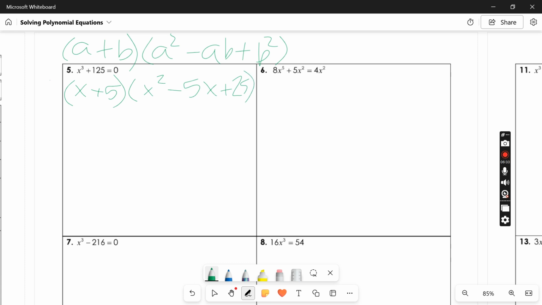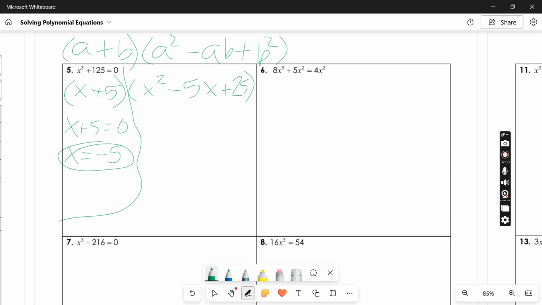Okay. And then I'm going to set each of these equal to 0. So I'm going to have x plus 5 equals 0, which just means x equals negative 5, because you're subtracting 5 from both sides. Okay. Now this other one, I can either use any of the methods that we used in our previous unit,